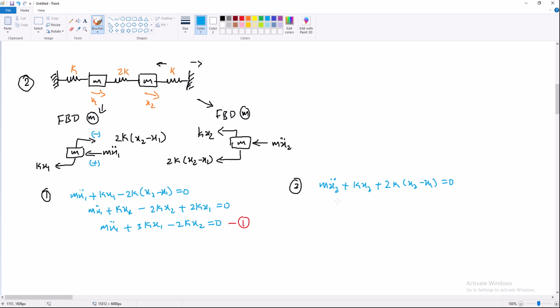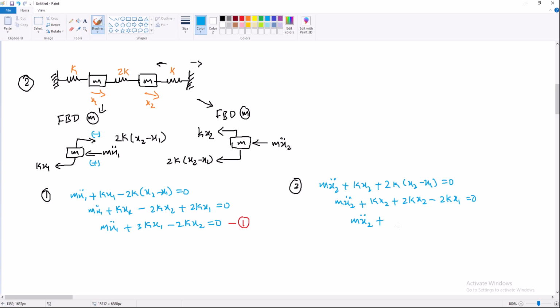So now m x2 double dot plus k x2 plus 2k x2 minus 2k x1, means I am multiplying the 2k to the bracket. So rewriting this equation